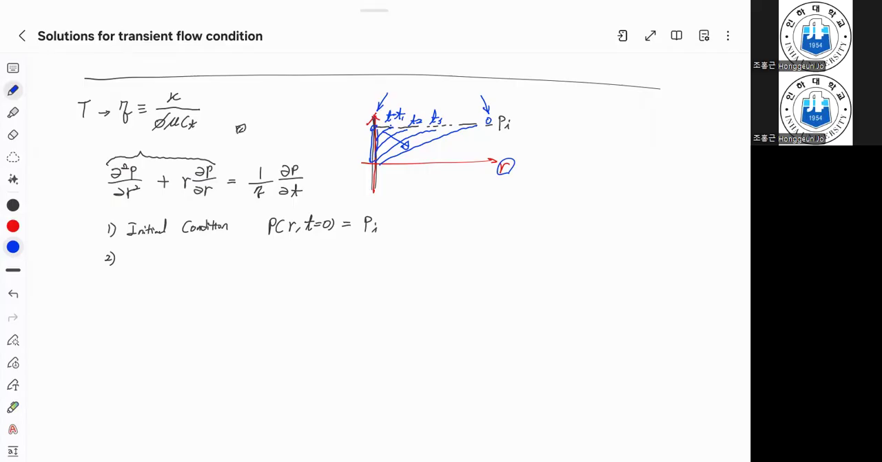So my first boundary condition is that P, when r goes to infinity, at any t, will be equal to Pi. So that is the initial condition and the boundary condition. But the second boundary condition is